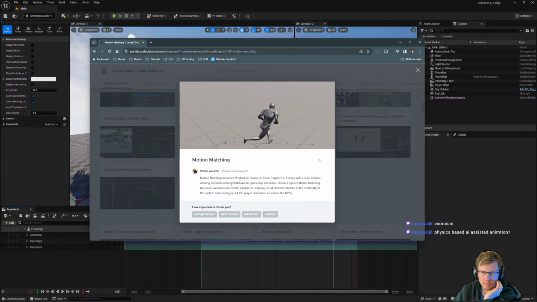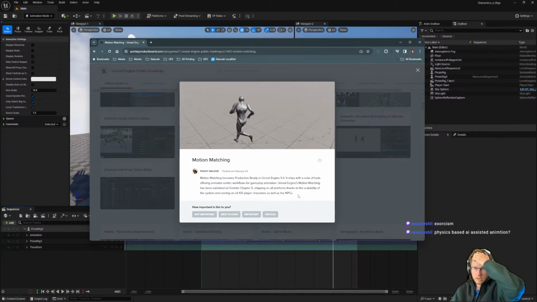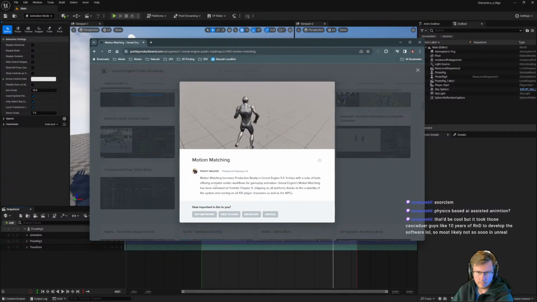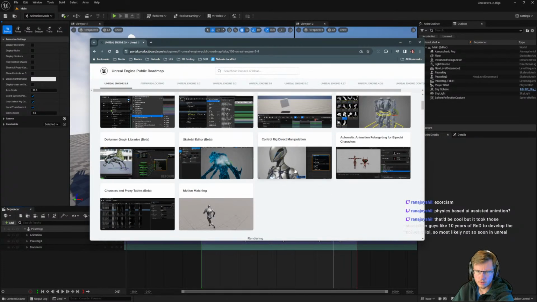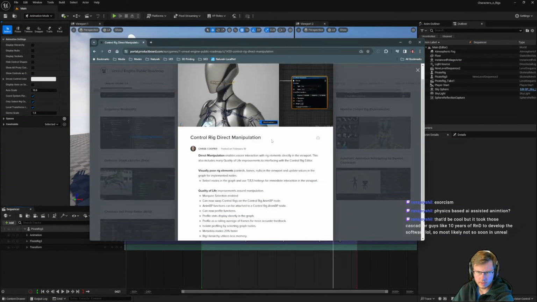Might be motion matching. It becomes production ready and it ships with a suite of tools offering animator-centric workflows for gameplay animation. Control rig direct manipulation. What is this?